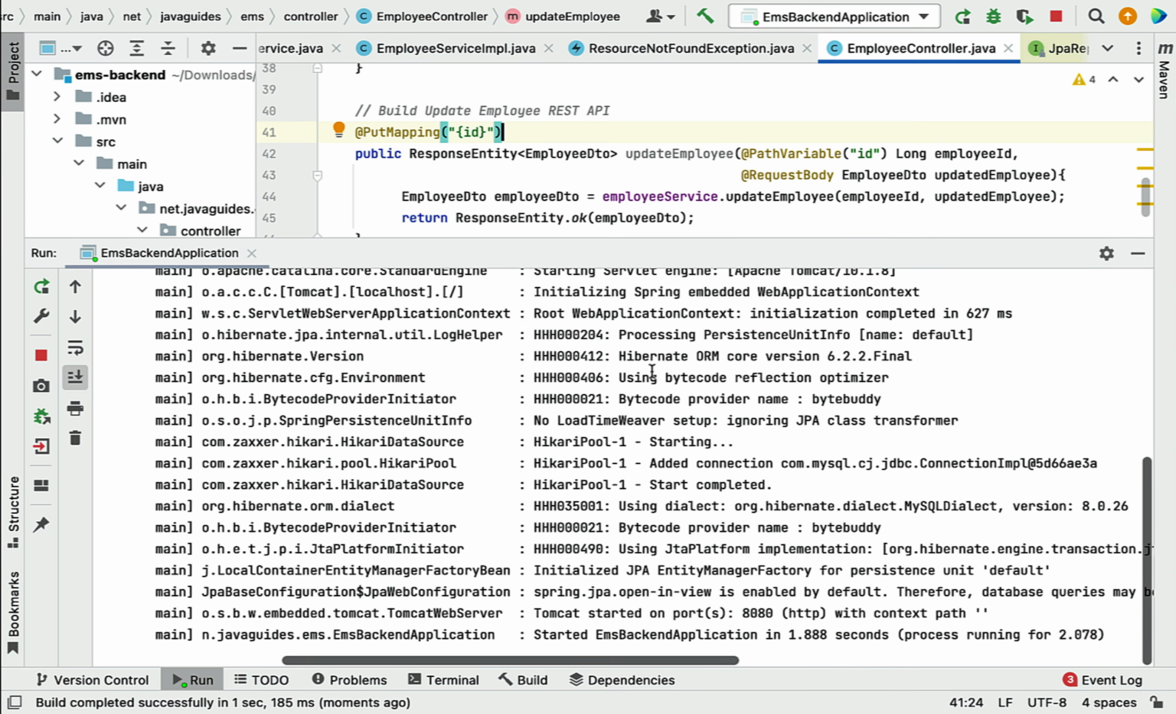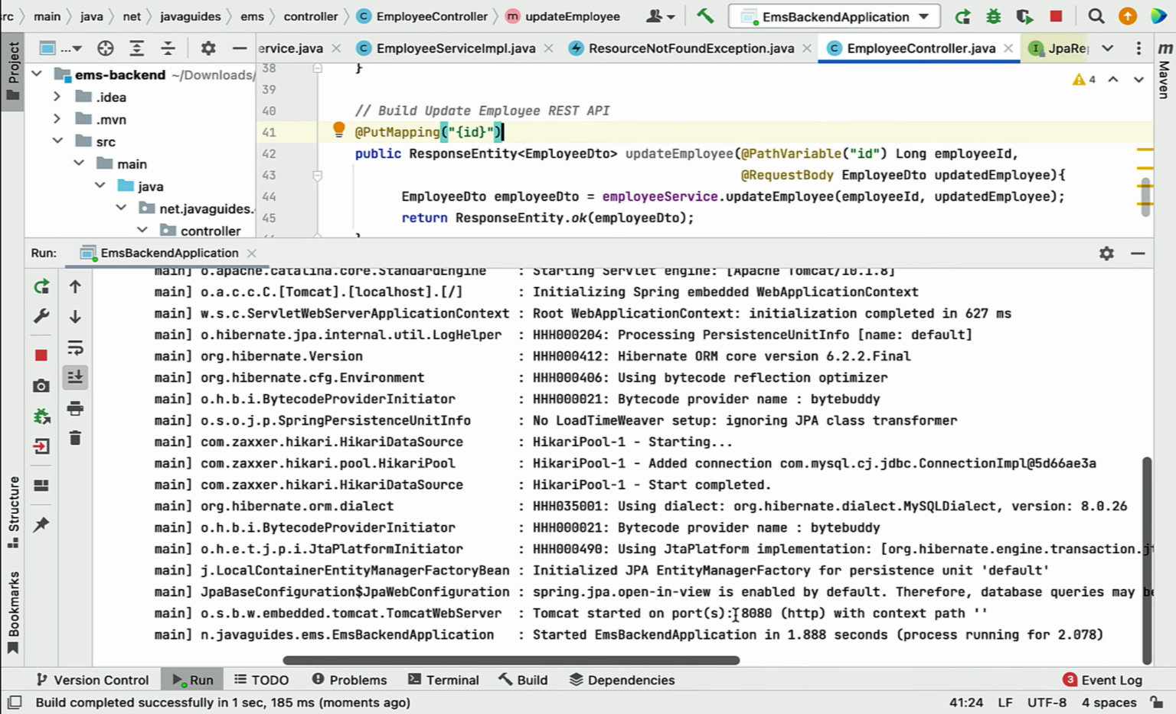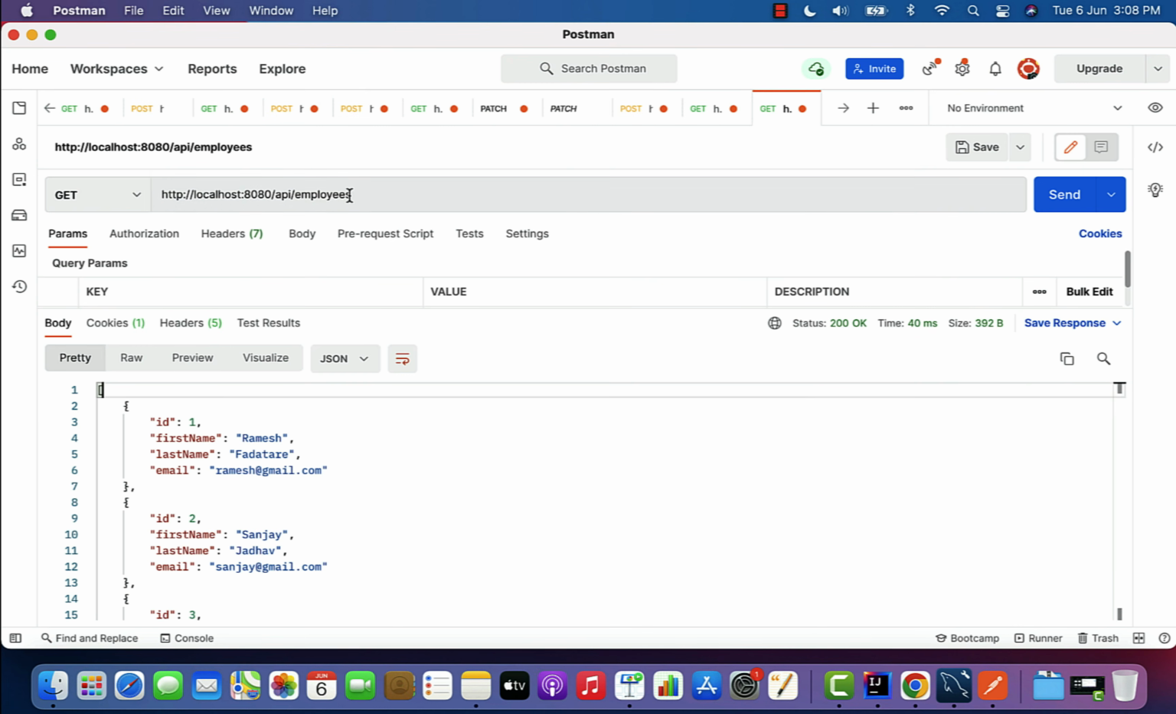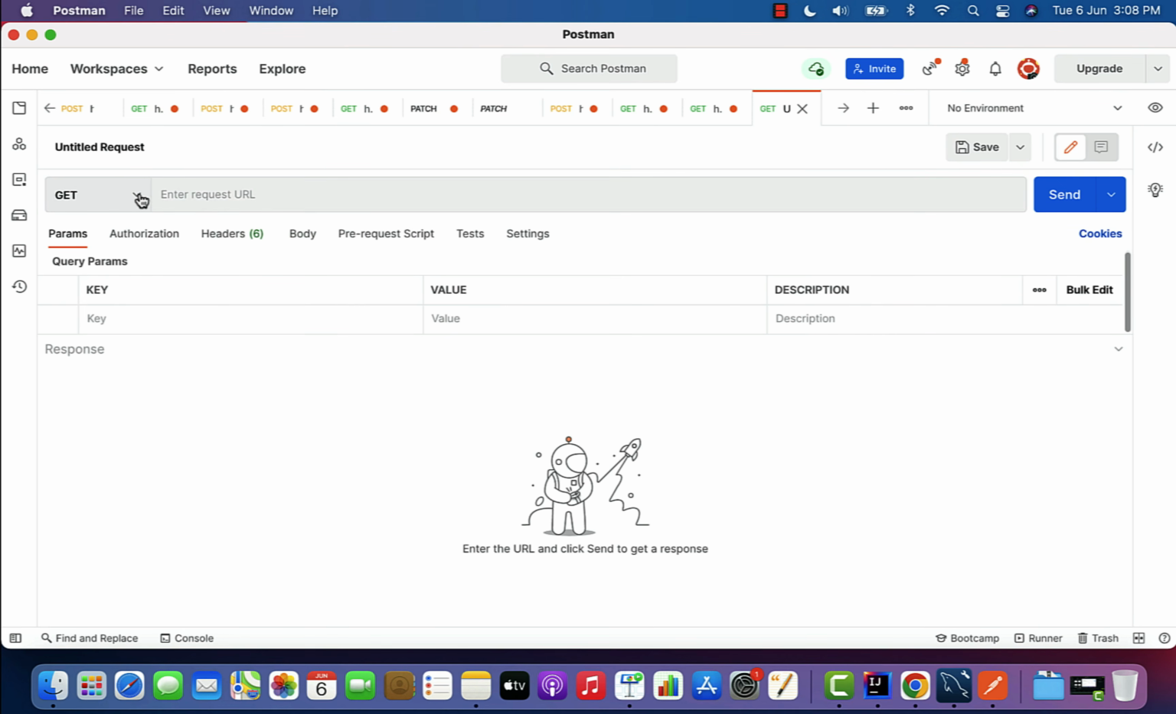Well, notice here our Spring Boot application is up and running in an embedded Tomcat server on port 8080. Next, let us go to Postman client over here. And here, let me copy this URL and let me create the new request. And here, let us choose HTTP PUT method and let us enter the request URL localhost